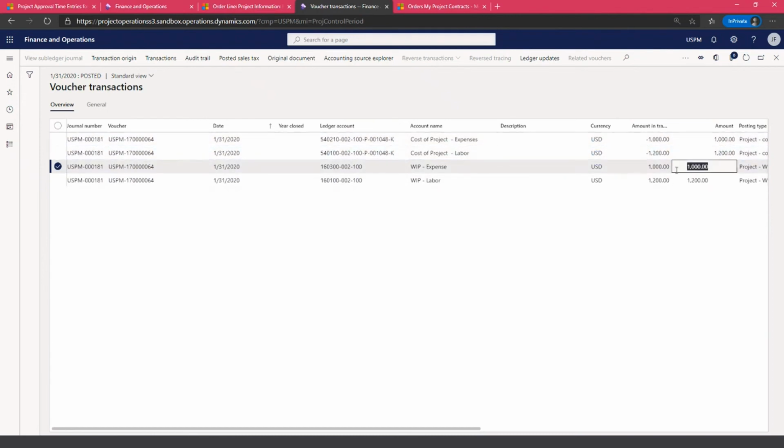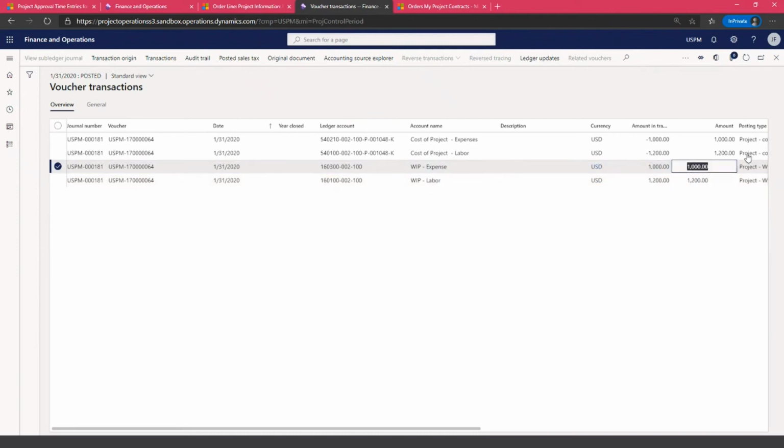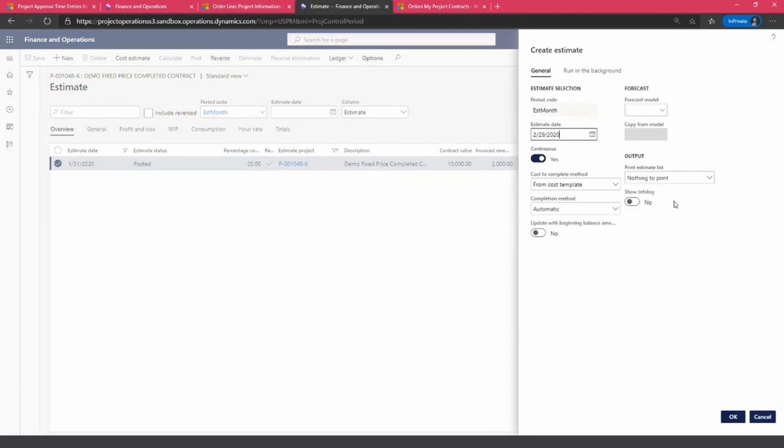Instead, I want to keep those transactions and my work in progress in my VIP, and I will keep them in there until I complete this project. So that's exactly taking them out of my P&L and putting them into the VIP as a part of this estimate. The same way as I have done January, I can quickly do